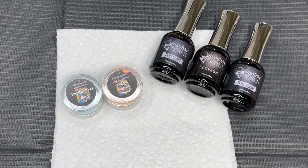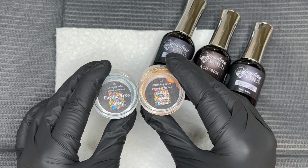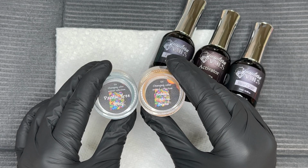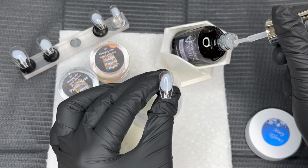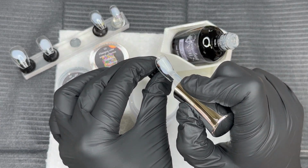Hi everyone, welcome back. For today's mani, we're going to be using new dip powders from Sundara Nails. Now these two colors here are part of a newer collection that was just released, and they are UV changing color, and these are the Animal series. You can get these colors in the whole entire collection or individually, but to start off, we're going to start